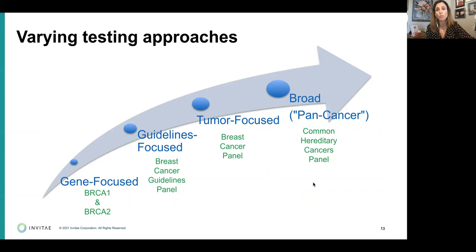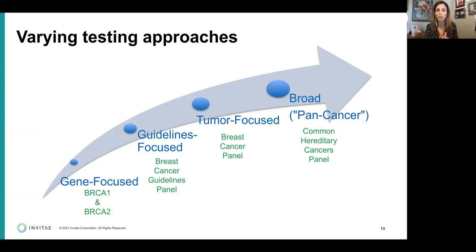And then there are much broader pan-cancer gene panels, where we are taking not only breast cancer genes, but also ovarian, endometrial, colon, pancreatic, prostate cancer genes, all aligned together on one test, looking for variation within any of those genes, even if it's not directly related to the cancer type that the patient has in his or her